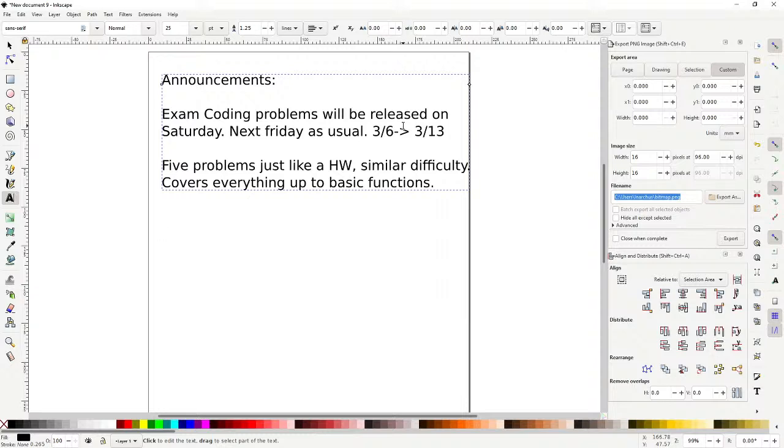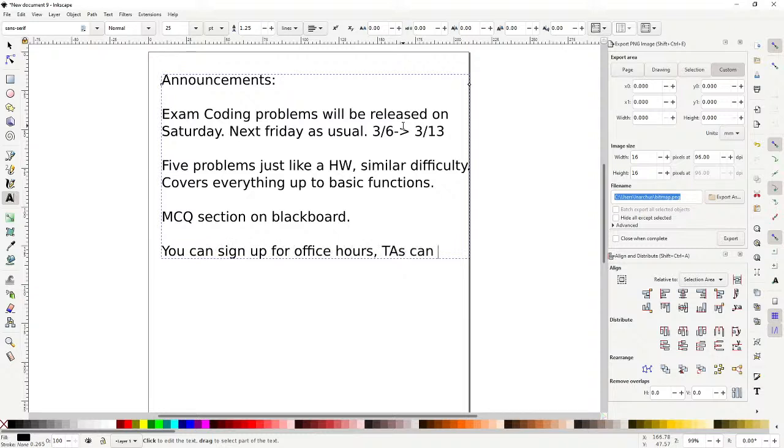And then there's going to be a multiple choice section on Blackboard. If you're confused, you can sign up for office hours. TAs can help.